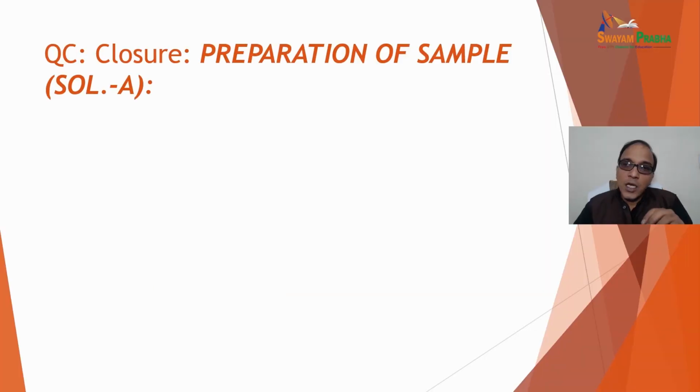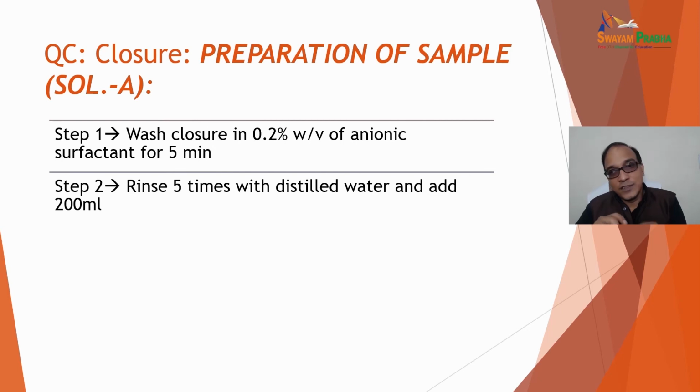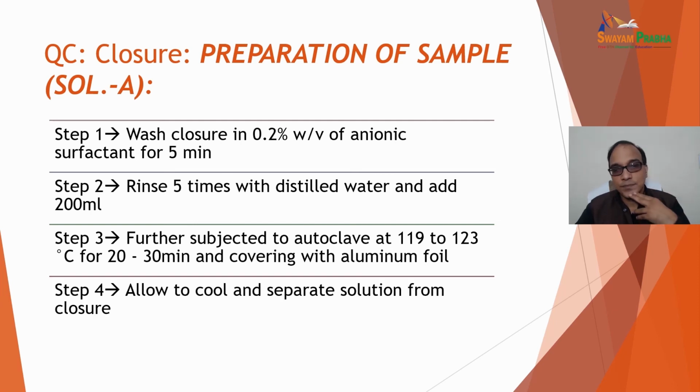So how is preparation of sample done? We have washed the closures with 0.2% weight by volume of anionic surfactant. Remember this step 1. I'm just recalling it for you, because the solution is very much important. Step 2, we rinsed it 5 times with distilled water and added the 200 ml. In step 3, further we will autoclave at 119 to 123 Celsius for 30 minutes. Then allow to cool and separate solution from closure. So this is the solution A we have got. Remember, this is very important to prepare the solution A first before going for the quality control tests for